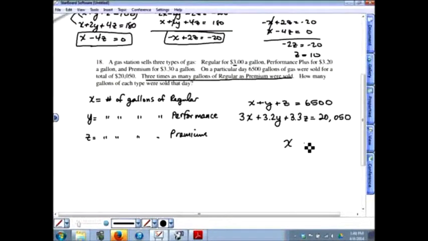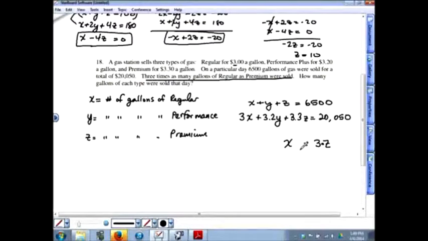So in order to put an equal sign between x and z, they're not equal to each other. X is already 3 times larger than z. So in order for these to equal each other, you have to multiply z by 3 in order to make it equal x. So x is equal to 3z. So those are the 3